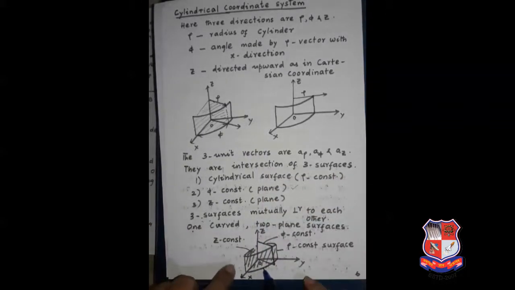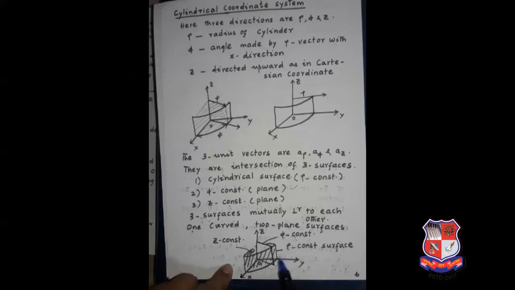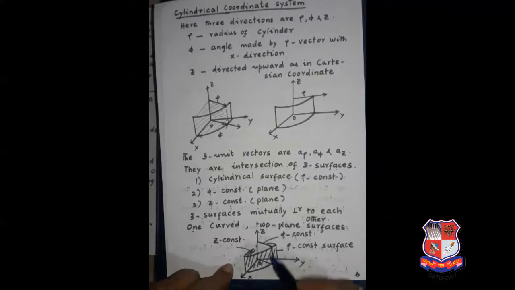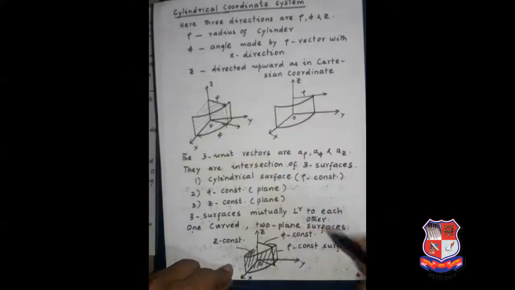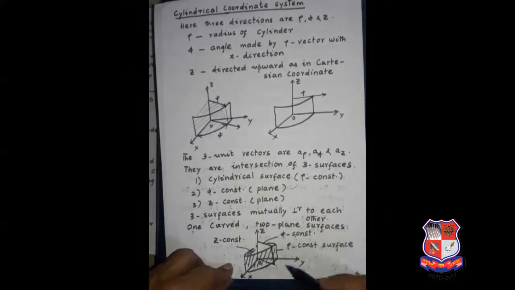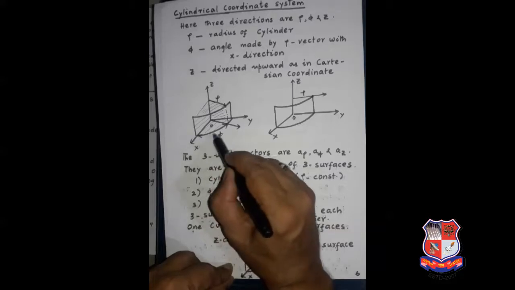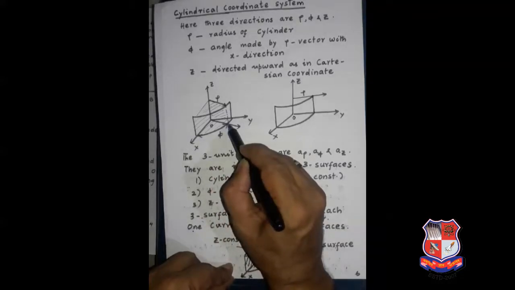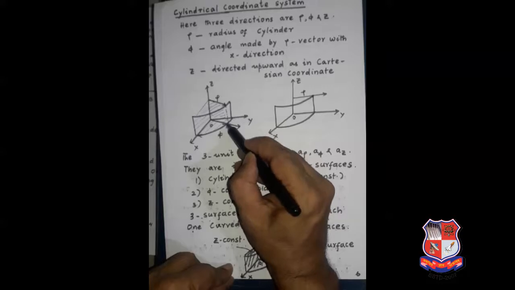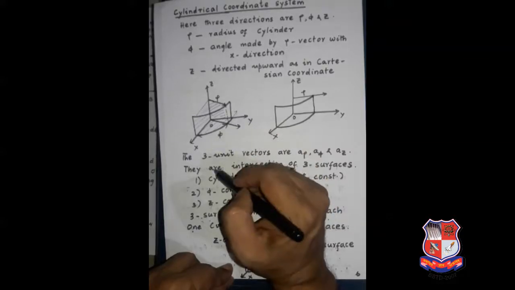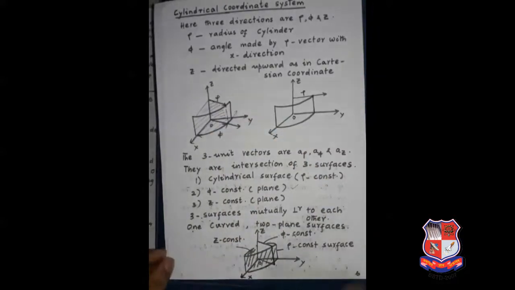This is one more figure you can see to show the direction along the increasing value of your radius. You can see the rho direction. Then the phi direction; phi is always measured from the x axis, away from the x axis as the positive. So this is the phi direction. Here in this way you can see phi, and this is the z. The same figure is shown here also.